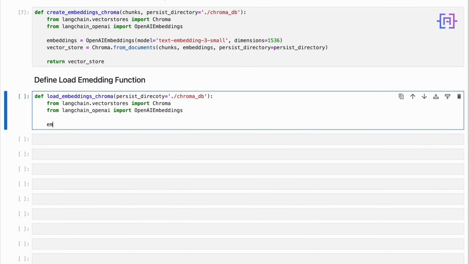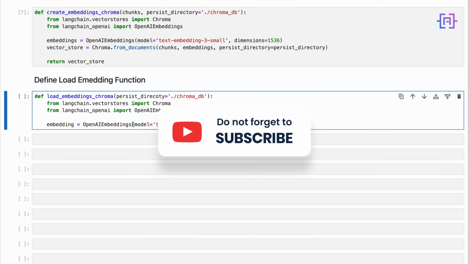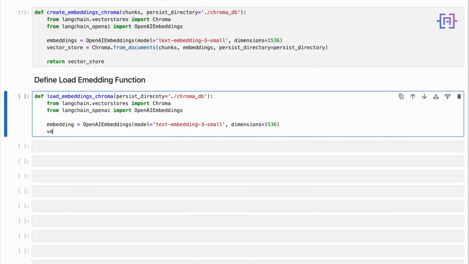Then we are going to say embeddings is equal to OpenAIEmbeddings, model is equal to text-embedding-3-small, and the dimension same as we said before is equal to 1536. Then we'll say vector_store is equal to Chroma